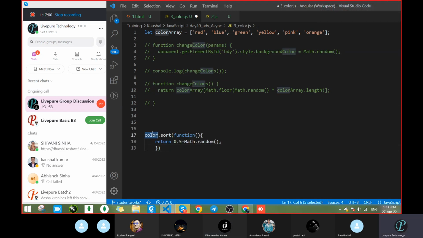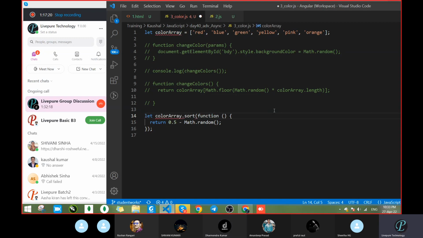Okay, so what did we do here? We took color array.sort function return. So who is going to call this function? This is the callback of colorArray.sort. So here we have to write something? No sir, no need to write there. We directly write document.getElementById and pass colorArray.sort[0], because sir, your first element always changes randomly. Yeah, one second.